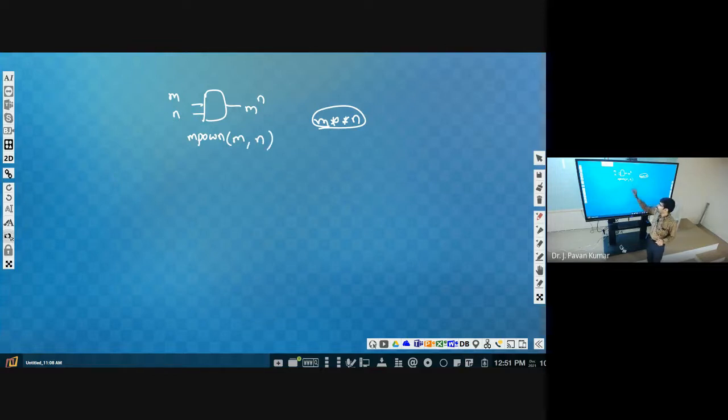So you need to give the definition without using this one. Finally it has to return some value, let us say v, and that v value should be m power n. How you will obtain it is the exercise for you. Got it?